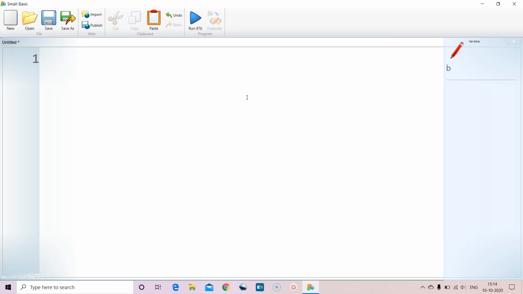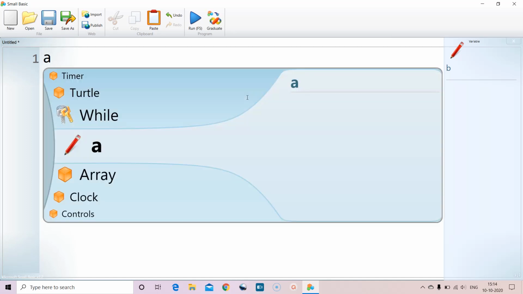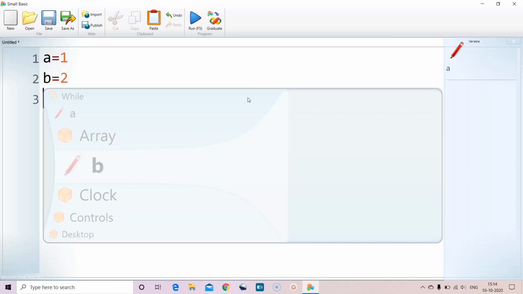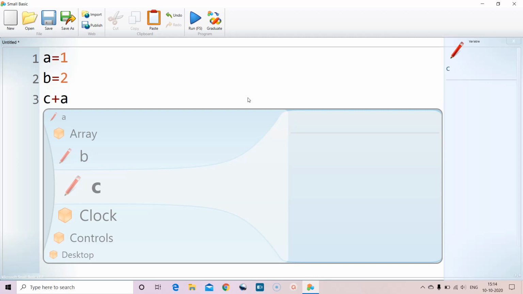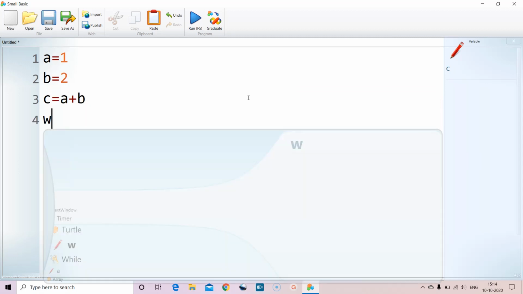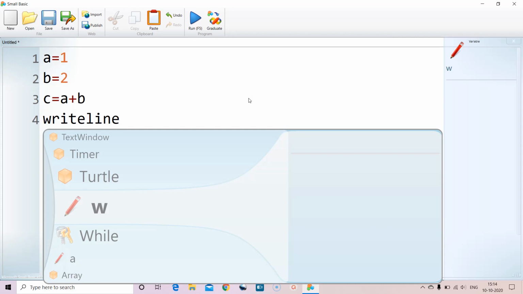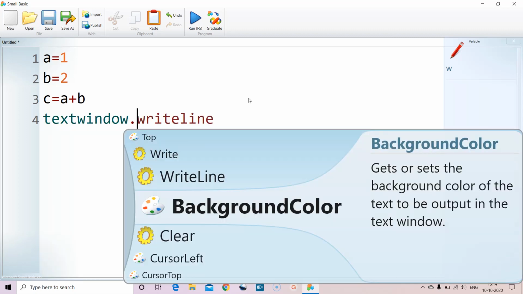In this session, we are going to learn mathematical operations in Small Basic. So let us see: a equal to 1, b equal to 2, c equal to a plus b. And TextWindow.WriteLine,